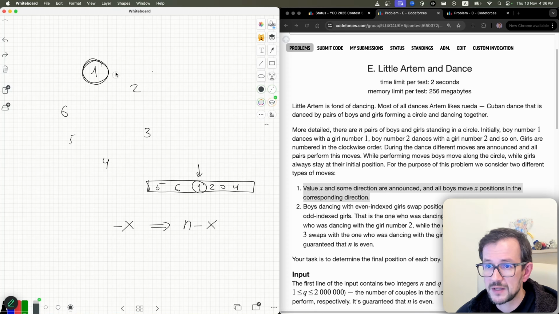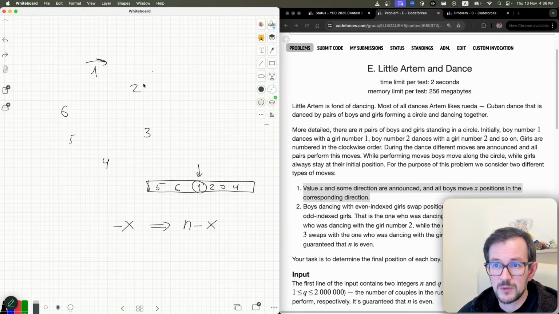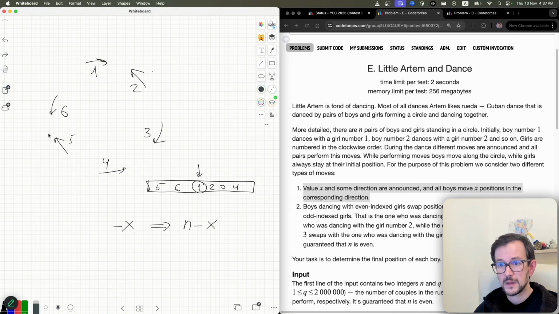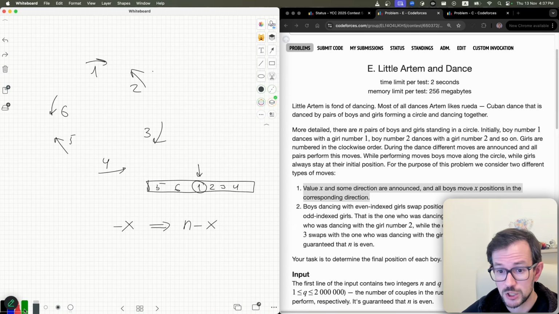So let's see. The second operation does the following. It moves element 1 to the right, element 2 to the left, element 3 to the right, element 4 to the left, element 5 to the right, element 6 to the left. It's not a cyclic shift anymore. But since you already know how to solve cyclic shifts, you think, okay, is this situation similar to cyclic shift in some way? After you draw this picture, you may actually see that it's very similar to cyclic shifts. So if you look at these elements like 1, 3, and 5,